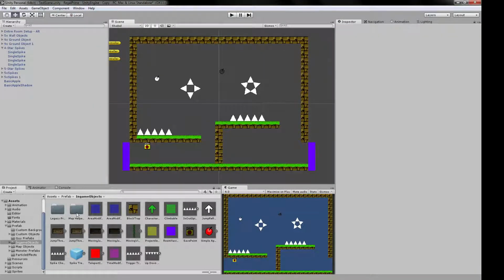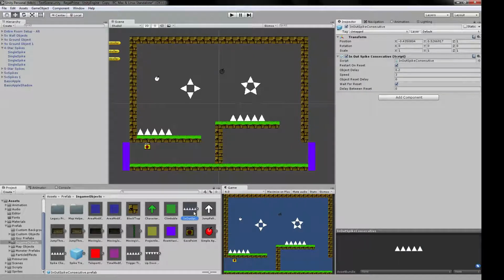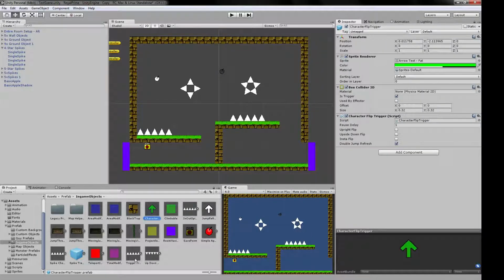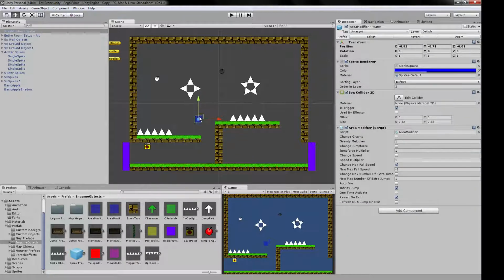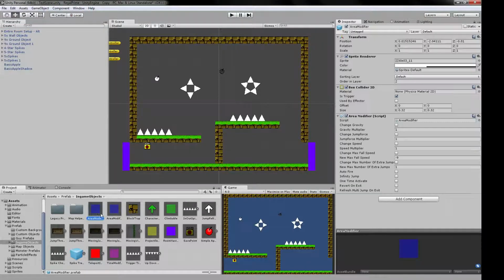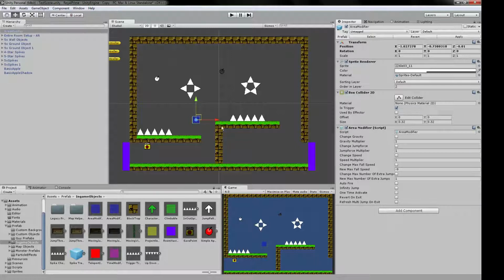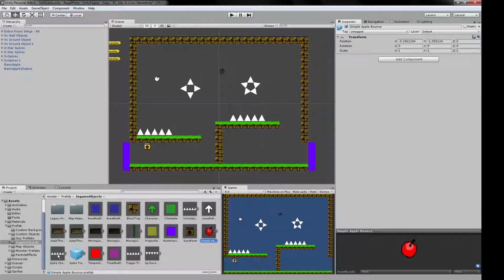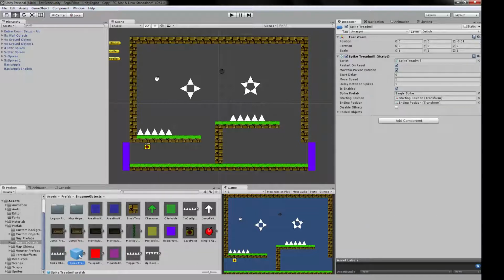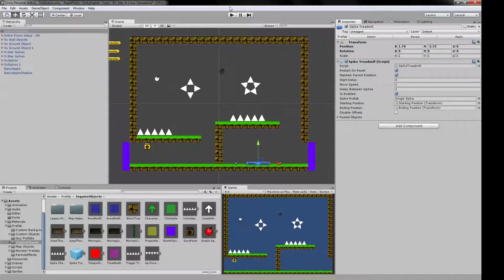Another note is don't change these prefabs. See, there's settings, and these are the ingrained prefabs. They'll mess with other prefabs, but if you want, you can take a prefab, put it out, and then mess with it. This is an instance of the prefab. For example, with the area modifier, you can take this generic one and change the gravity, whatever. There's platforms, save points, bouncies, spike choppers, spike treadmills. You can put a spike treadmill here, and when you play,